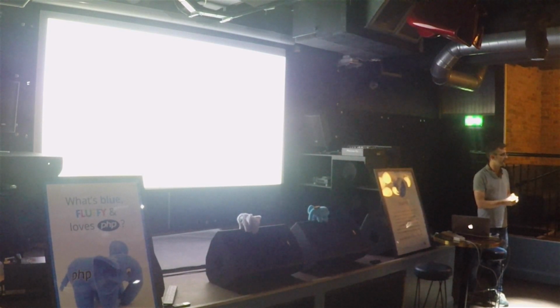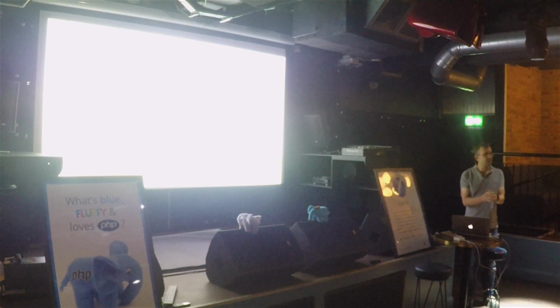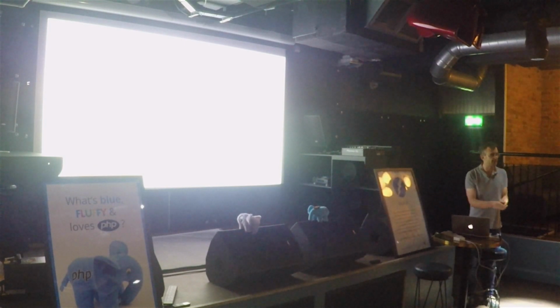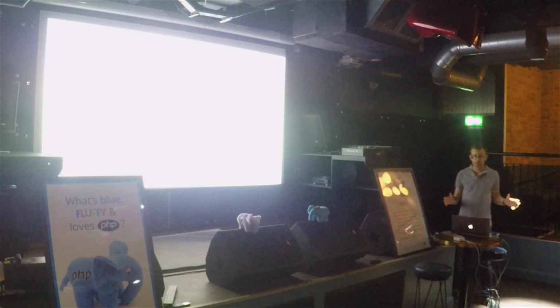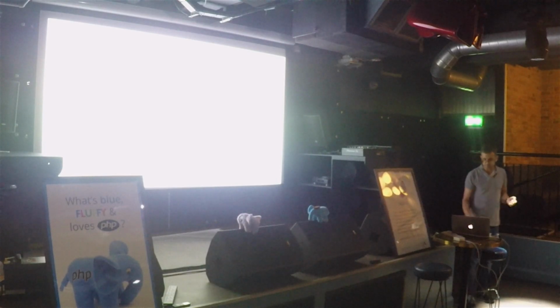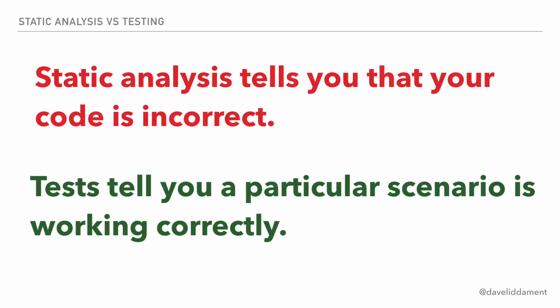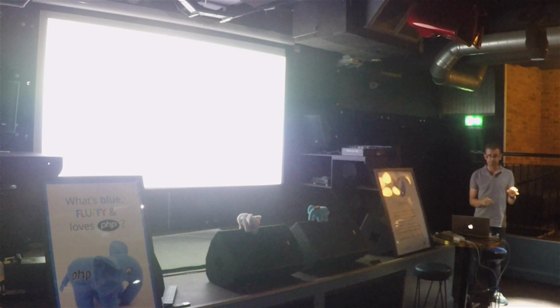It cannot be a null. So therefore, if we ran this code and we passed teenager in or OAP or whatever, it would fail. So this is kind of the two things. Static analysis is telling us our code's incorrect, and testing is saying only for the scenarios we have that